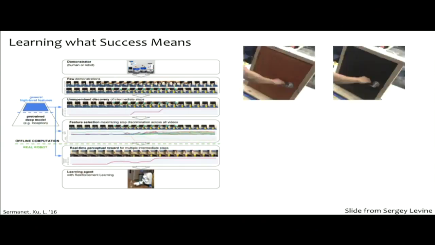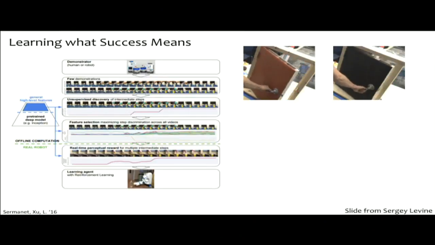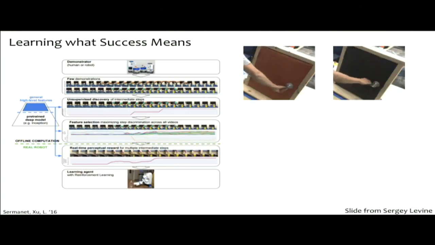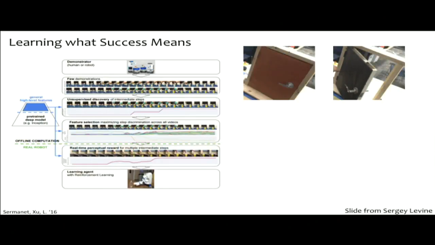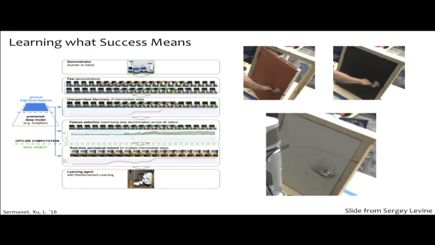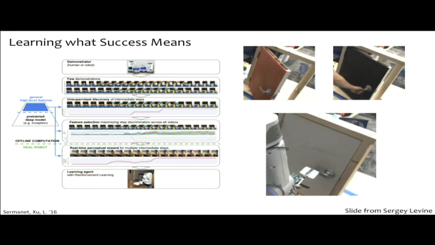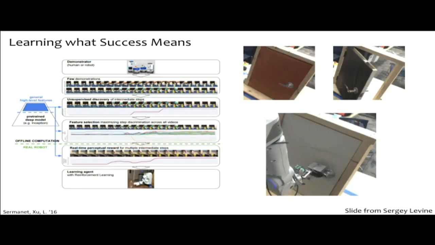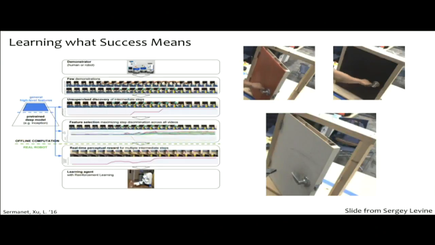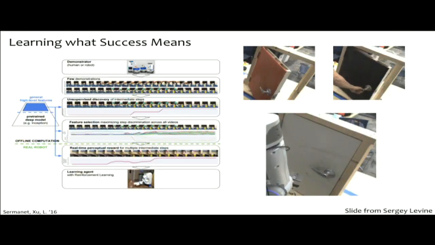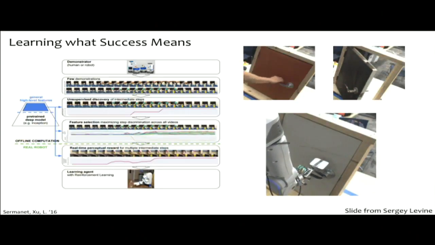So how does this work? On the top, the task that they were considering was having a robot open a door. And so on the top, I think they had 11 demonstration videos of a human using their hand to open the door. And then the robot is trained to try and match the image features that were provided in the human video through reinforcement learning. And this is the final policy that was learned, and it's able to learn how to successfully open the door.